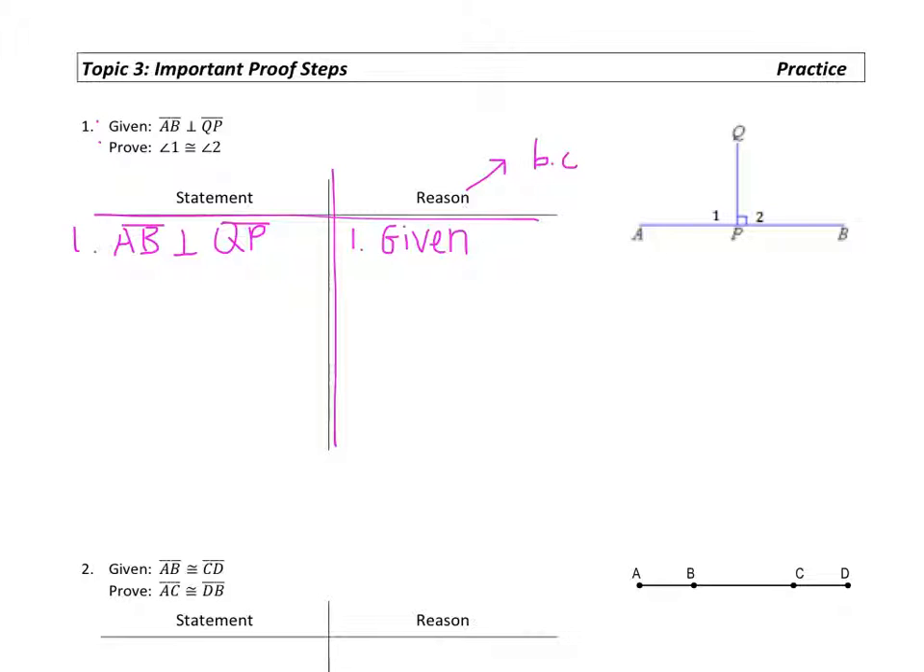Now if I think about those important proof steps, if I have perpendicular lines, that forms a particular type of angle for us. Perpendicular lines always form right angles. And I'm asked to prove that those two angles, 1 and 2, are congruent. And I can actually get that done in the next step. Angle 1 is congruent to angle 2. And the reason I know that comes from the fact that I had perpendicular lines. So I'm going to just write that definition. Perpendicular lines